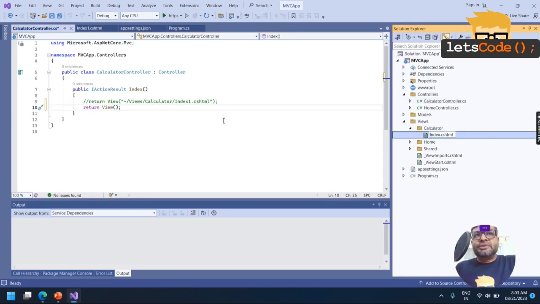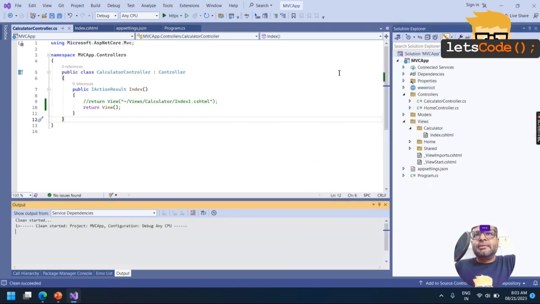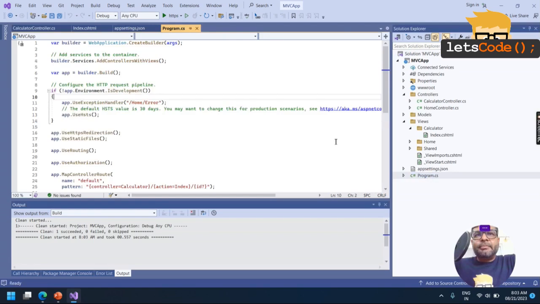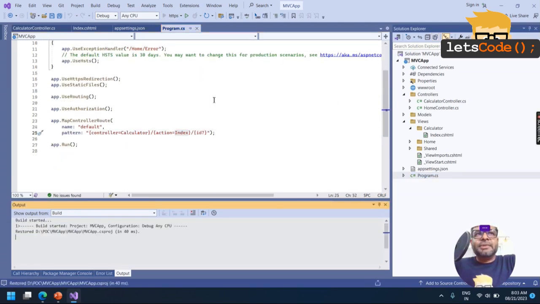I hope till this stage you all are clear, and this is something we covered in the last video also. It's just the recap. Let me run it. We have already mentioned in Program that Calculator and Index is our first view, otherwise some other view was opening.